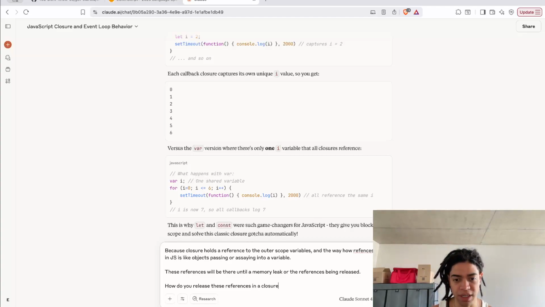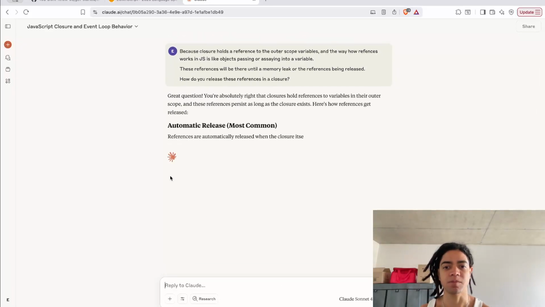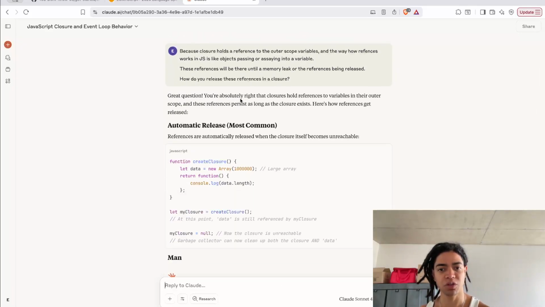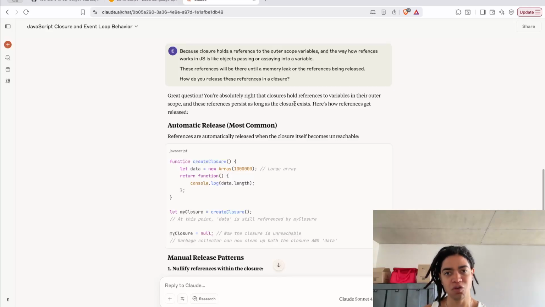How do you release this reference in a closure? Great question. You're absolutely right that a closure holds a reference to a variable in its outer scope, and this reference persists as long as the closure exists. Here's how references get released. Automatic release is the most common. So one way to do that is to say,